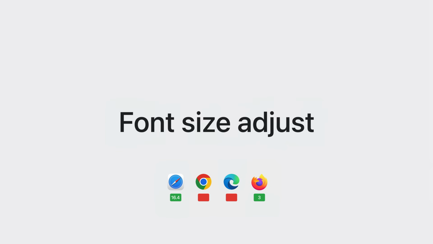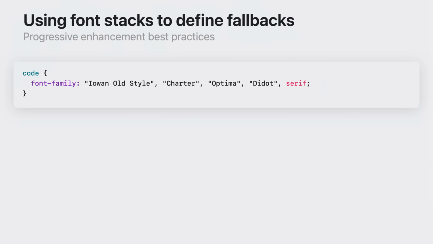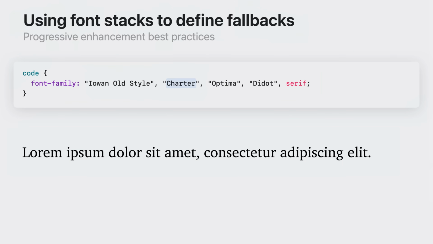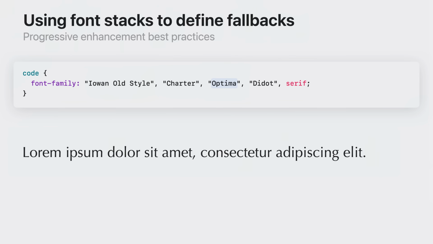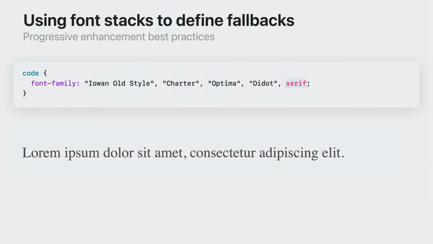There are many challenges in polishing digital typography on the web to the high standards of traditional typesetting. One of these has to do with font sizing. If you're a web designer, it's likely you're carefully choosing your font families and font sizes. But the font you want might not download, or it might not be available on the user's operating system. That's why it's best practice to declare a stack of fonts in font family to provide a fallback plan to the browser. The first font that's found is the one that gets used.